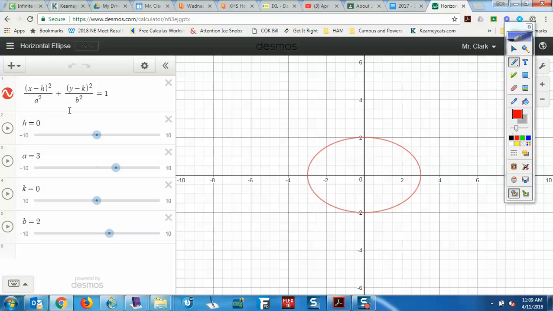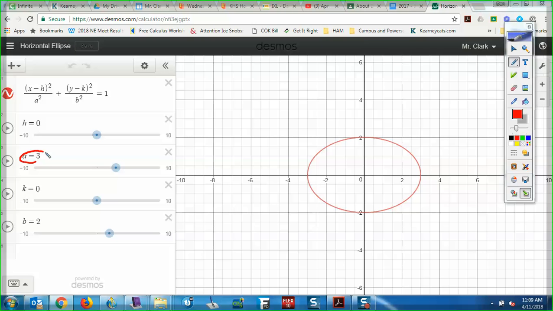Same thing here. The numbers underneath here are the squared version. So if it's 4 and 9, then A would be 3 and the B would be 2 and so forth. So understand when it's squared and when it's not. And then A is the longer, and then those are the lengths. So in this particular ellipse, it looks like A is 3 right here, and sure enough, from the center,